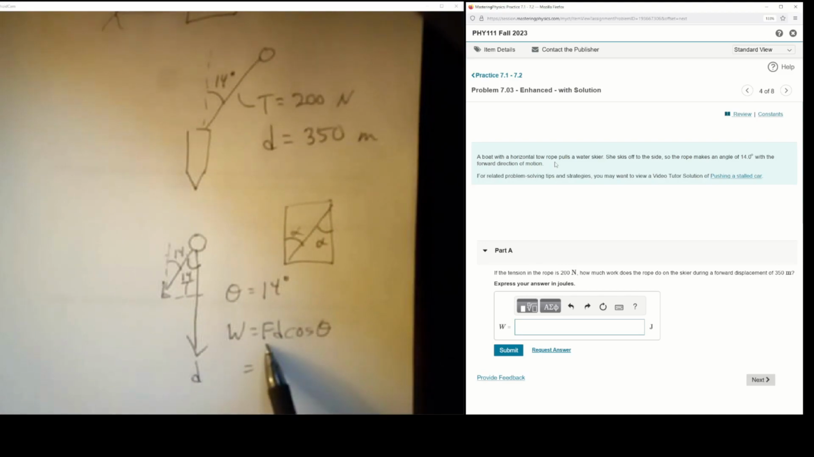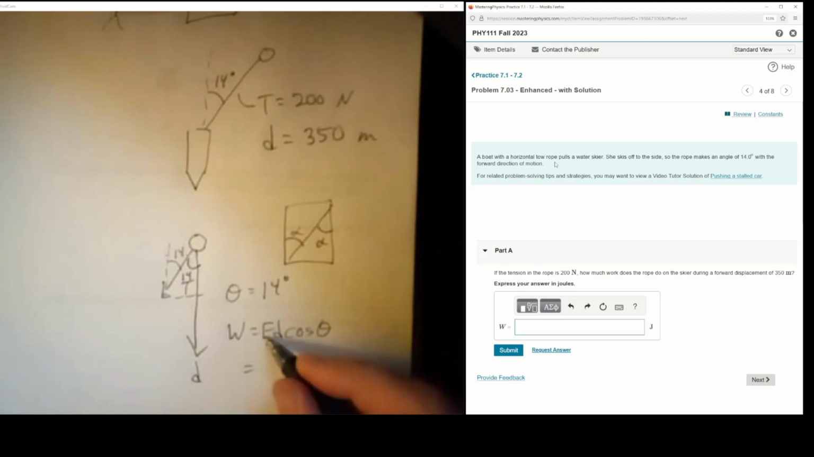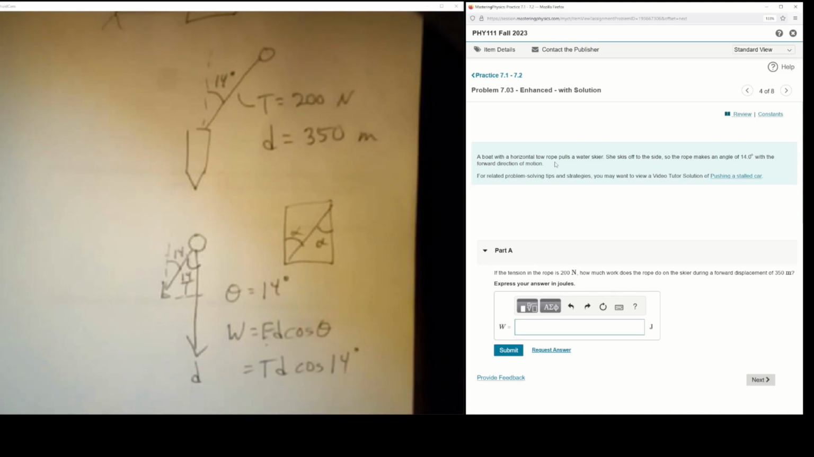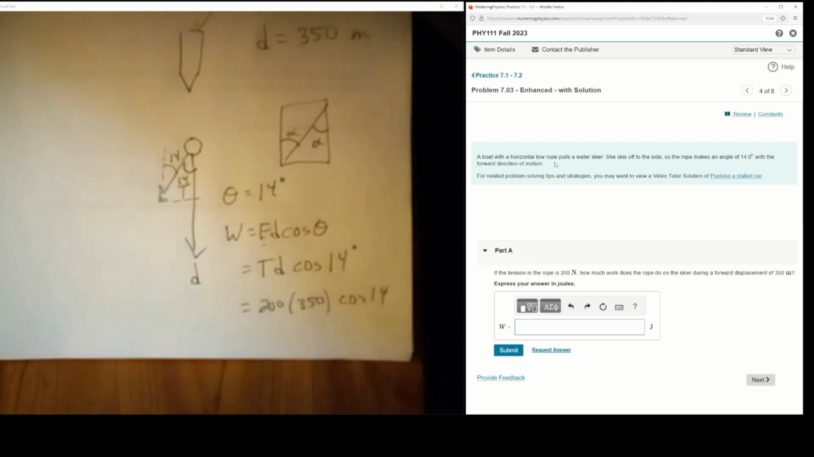The work done is by tension. They're asking about the tension in a rope, so our force here is tension. Let me just write it in as tension, times our displacement, and then cosine of the angle between them, which is 14 degrees. They are telling us the tension, 200, and the displacement, 350. That's all times cosine 14, which equals